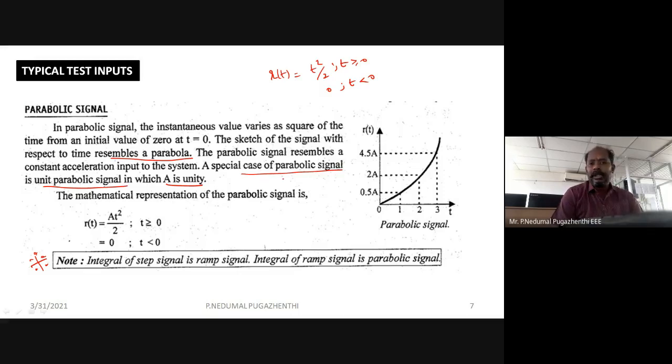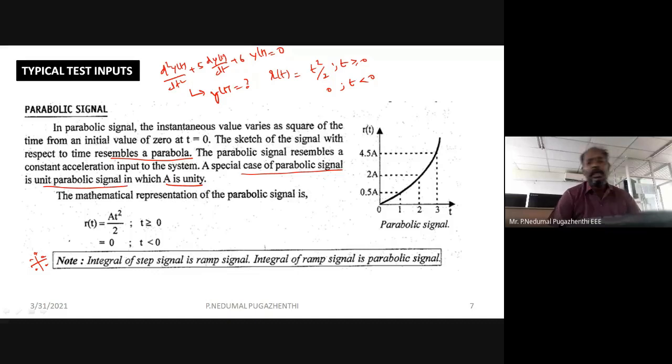The great disadvantage of this time response analysis is that it is a little time consuming. If I ask you the question d squared y of t by dt squared plus 5 dy of t by dt plus 6 y of t equal to 0, tell me what y of t is. What will you normally do? You try to find the solution of the differential equation.